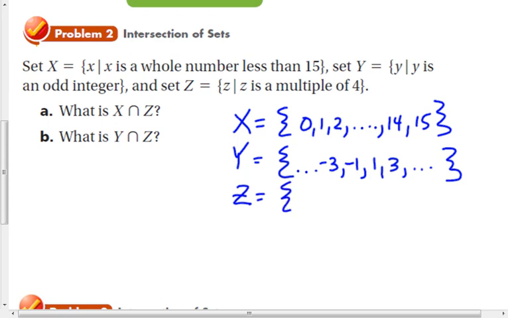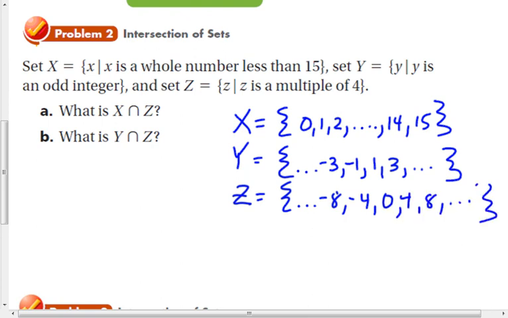Those are only multiples of 4. Can be both positive and negative. And so those would be numbers like -8, -4, multiples of 4, 4. Actually, 0 would be a multiple of 4, isn't it? It's a multiple of everything. 4, 8,